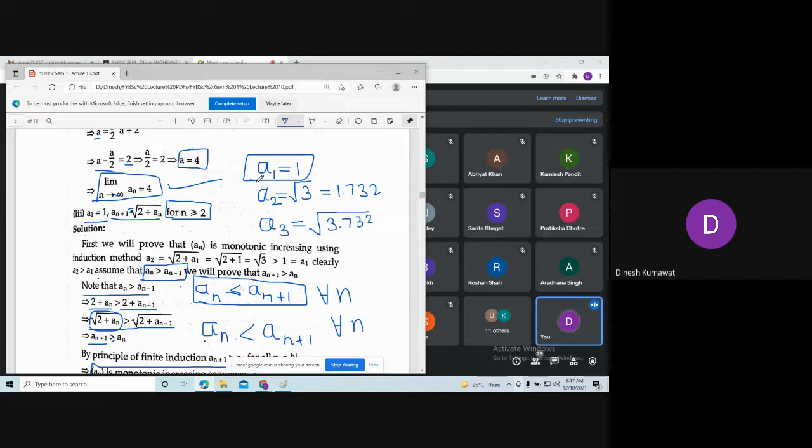For suitably large n? You just need to guess. It doesn't matter whether your guess is correct or wrong. But what is your guess? Is it convergent? No, sir. What did you say, yes or no? No, sir. Okay, what about others?